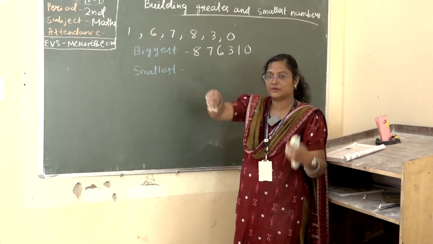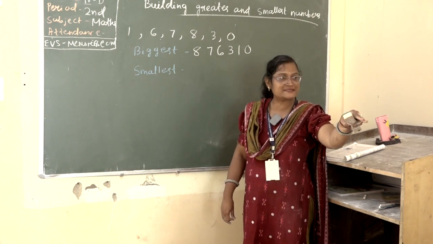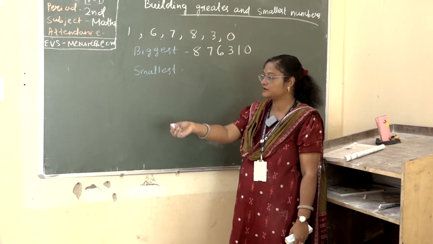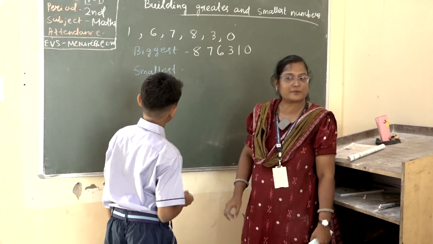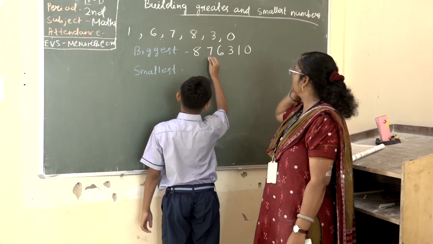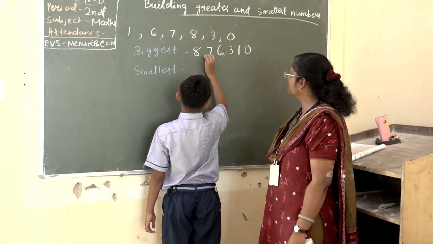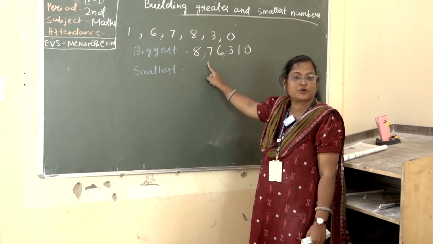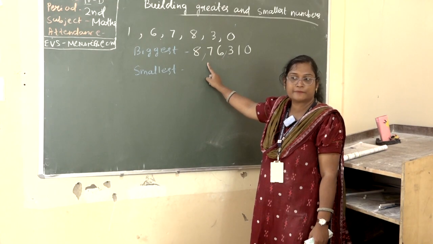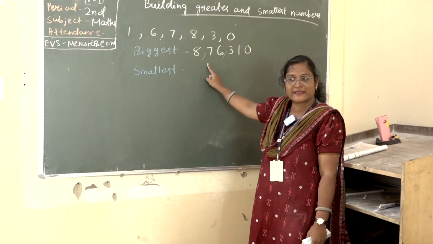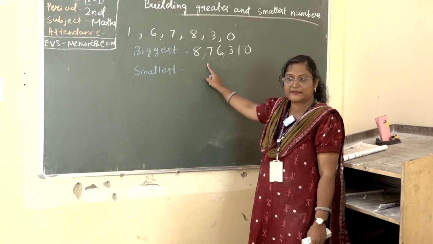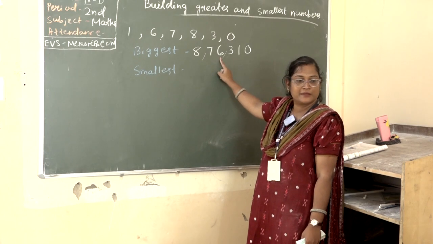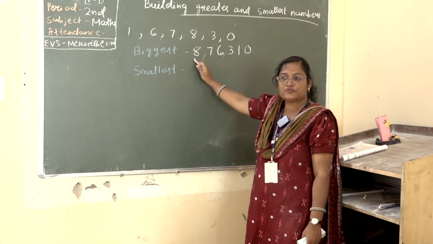You come. One minute, everyone sit there. I'll ask one by one. One minute. Give the comma. If you give the comma, you can read the number properly. Fast. Give the comma. Here, before 3 digits you have to give one comma, then before 2 digits in the Indian system. You already learned the Indian system and international system chart, right? So in the Indian system where do you give the comma? Before 3 digits, then before 2 digits.